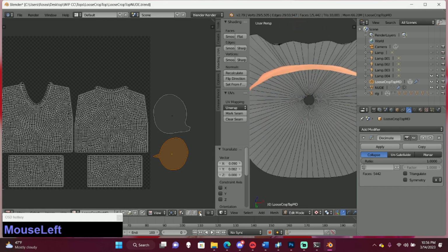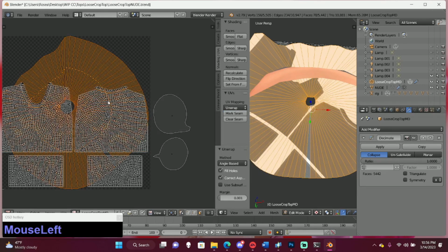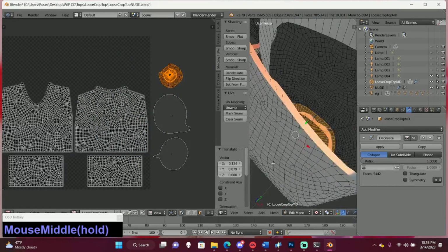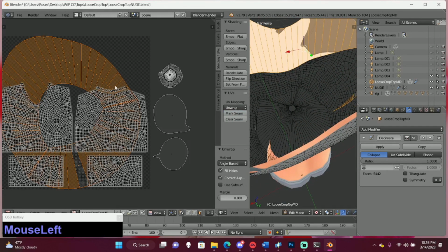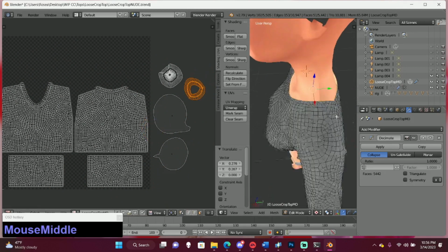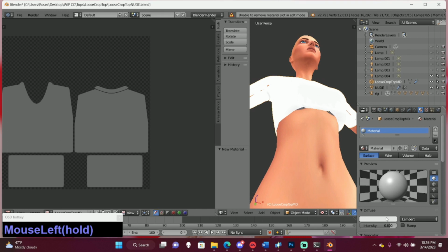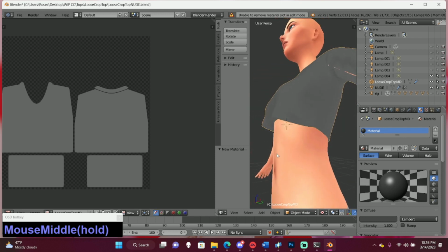On these ones, you hold Alt while in face mode, hold Alt and then right click, unwrap, G to grab, S to scale. The size of these doesn't matter right now, we'll fix them later. Unwrap, G to grab, S to scale. Alright, so we've got all our holes closed. And then I'm also going to go to here and just remove this pattern and just give it a new one real quick. Alright.